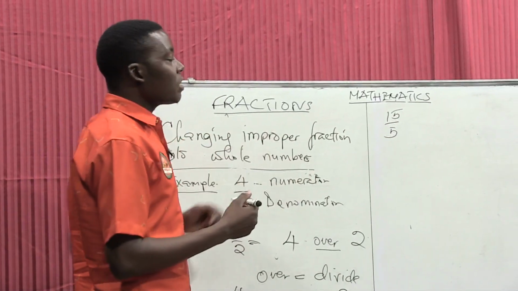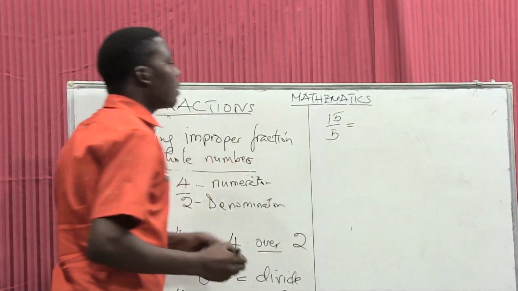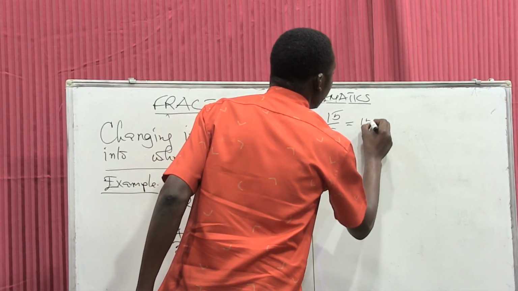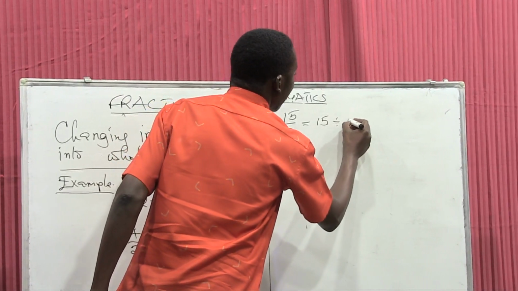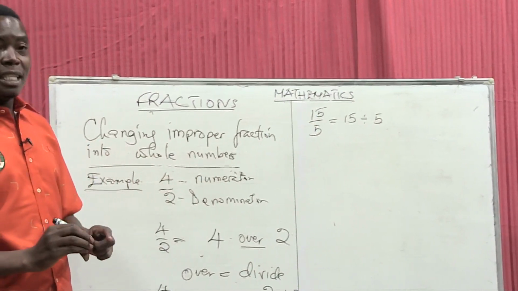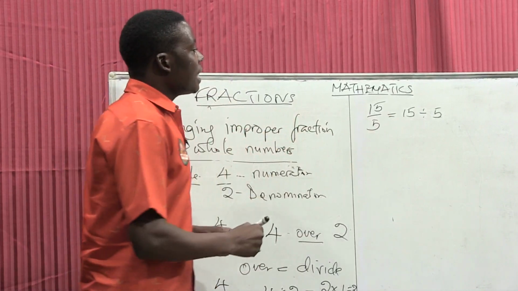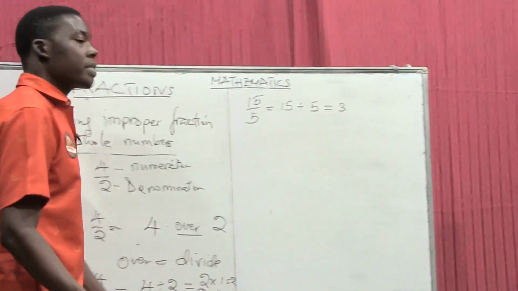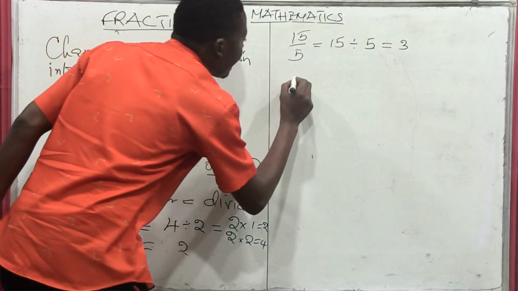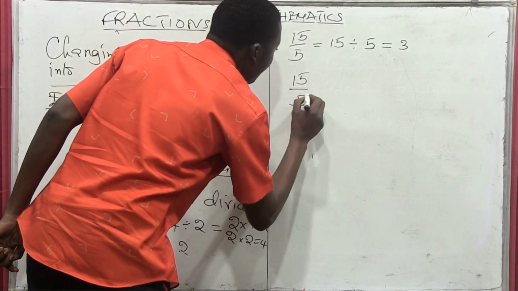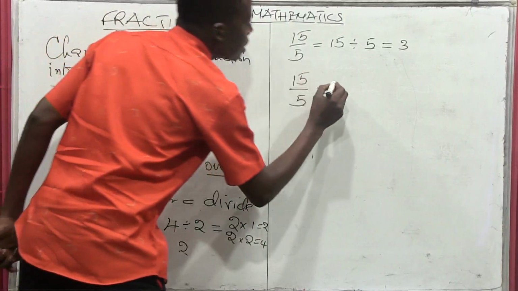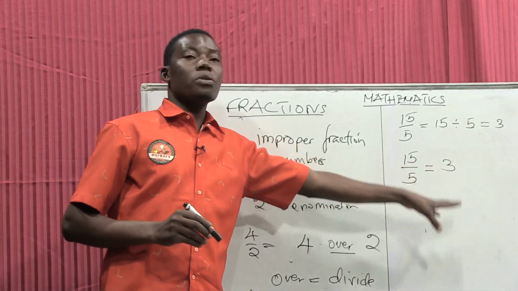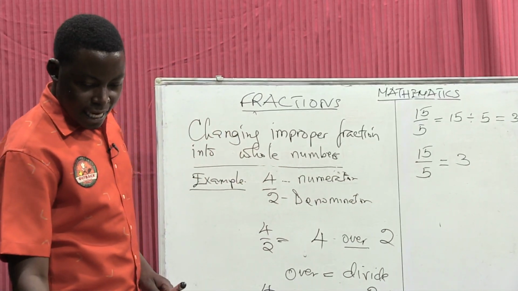So how to change this one? 15 over 5 means 15 divided by 5. Now class, 15 divided by 5 is equal to 3. So 15 over 5 is equal to 3. Another example,